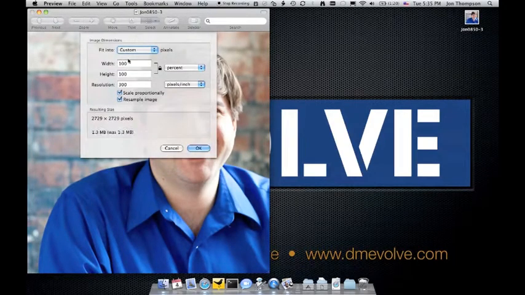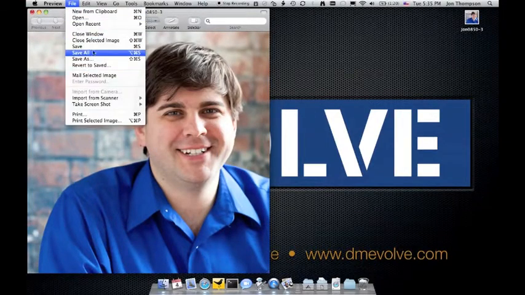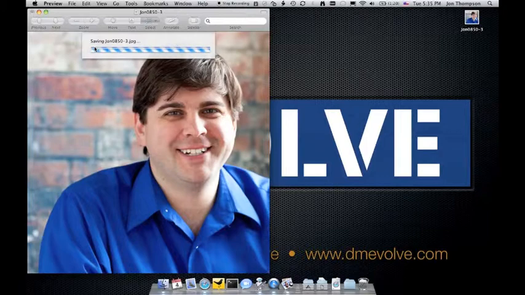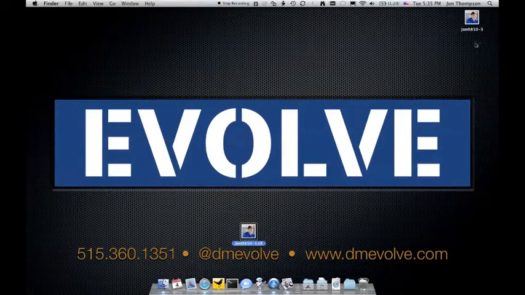adjusting the size, and then choosing a size until we get our calculated size lower than the target. And for this exercise, we're going to choose a file under 300 kilobytes. And so we need to shrink it down a little bit further. 277. Then we choose OK, and we save the file. It's a relatively short process, but it can be time-consuming, especially if you need to vary that percentage to get